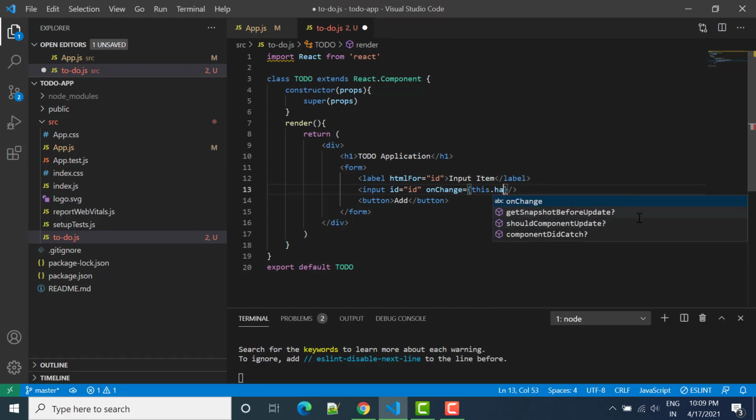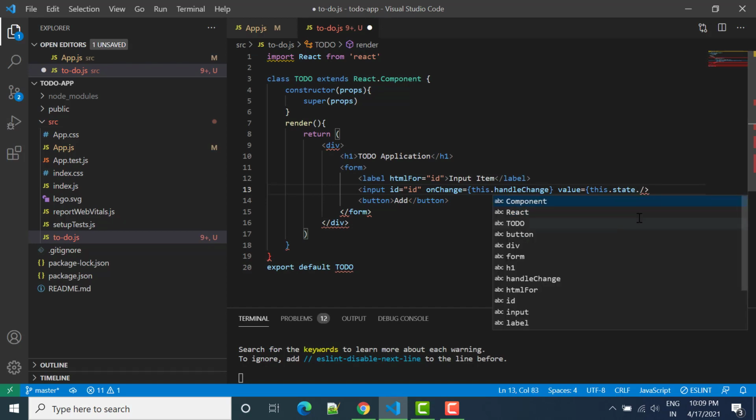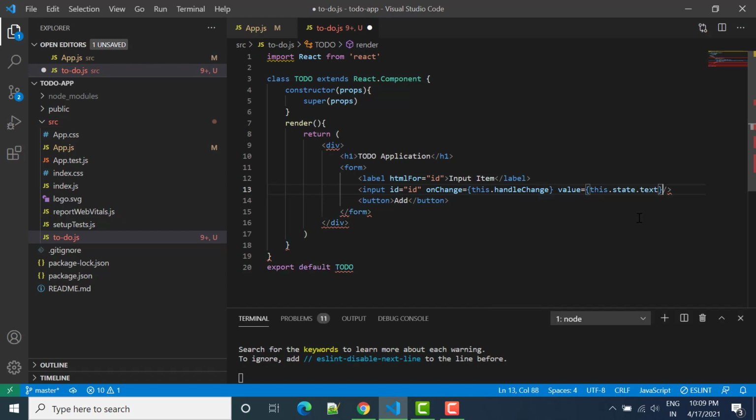So let's say I can write handleChange. This is one function, and then we should have one value. In this value I can say this.state.text. Now here you can see state.